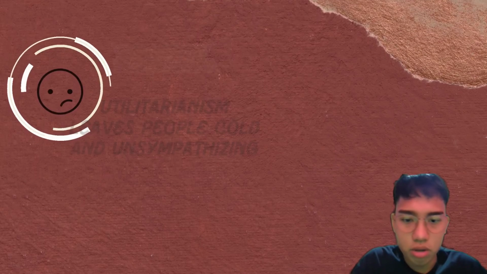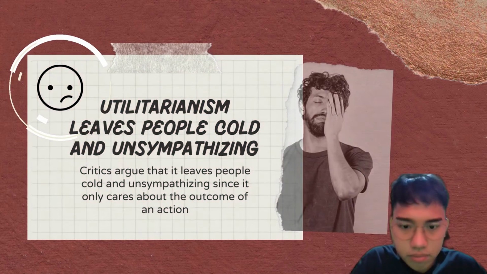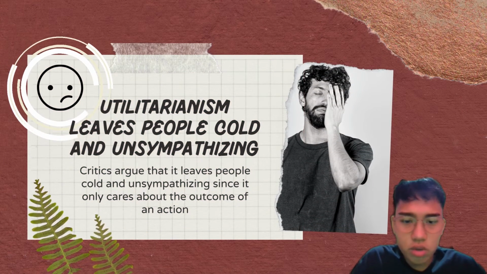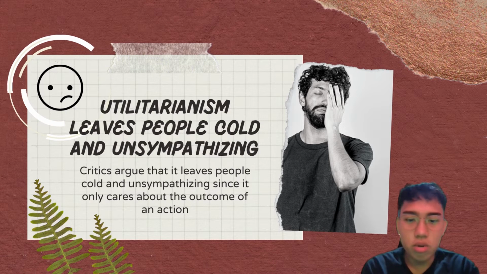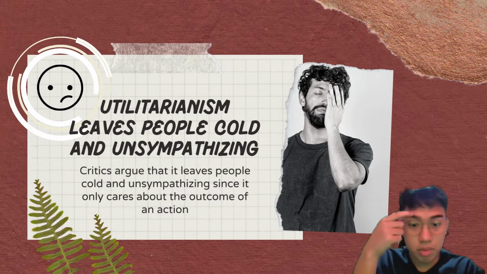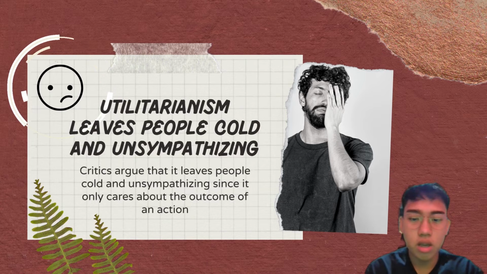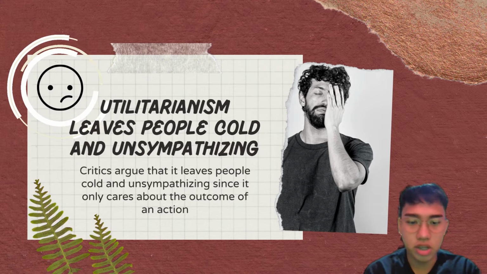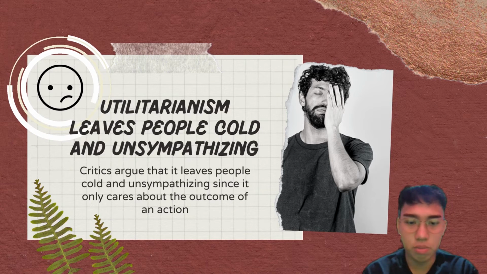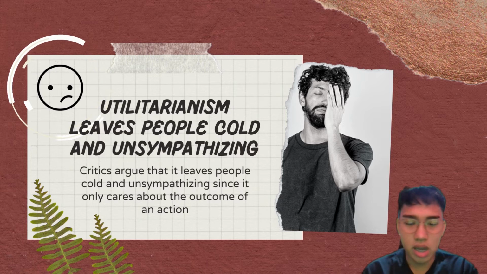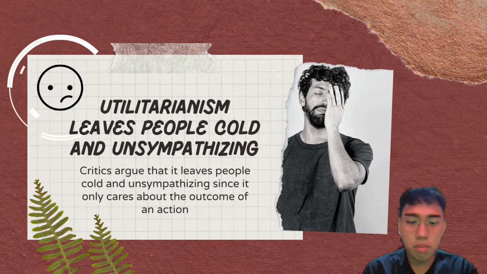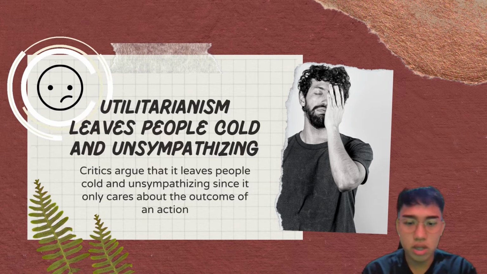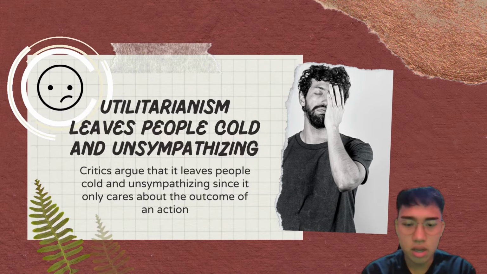Utilitarianism can leave people cold and unsympathizing. Happiness is difficult to achieve because happiness can cause people to be sinful. Most people who became virtuous are the people who renounce happiness. Even Mill admitted that some martyrs gave up their happiness to become a virtuous person. It means that to become a good person or a person of God, they must eradicate their happiness. Some other people are willing to become monsters so that they can have their happiness.